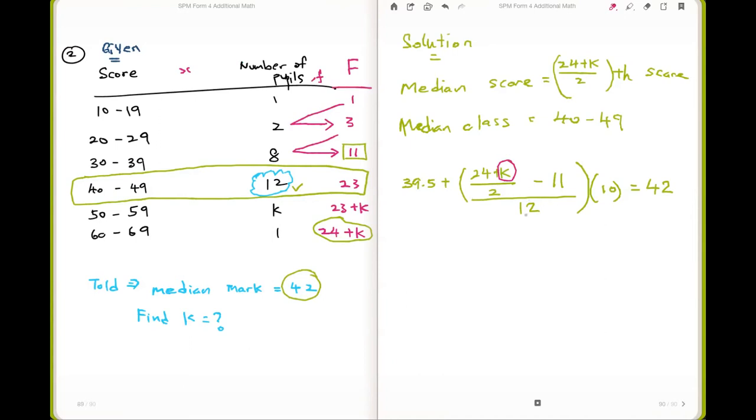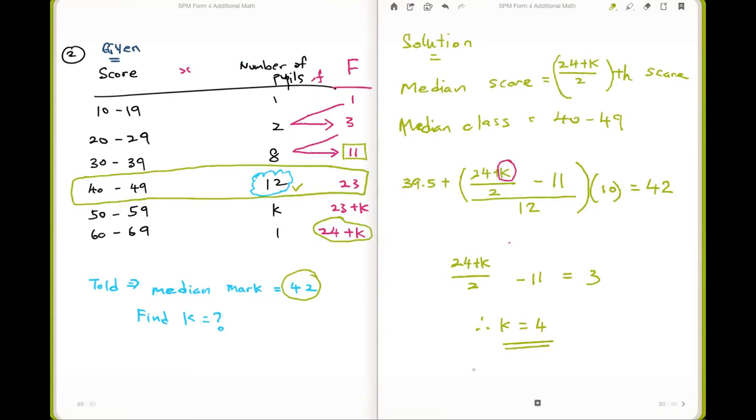So you substitute it in, rearrange, and you should arrive at 24 plus k over 2 minus 11 equals 3. You further solve this, and therefore k is equal to 4. If you get this answer,